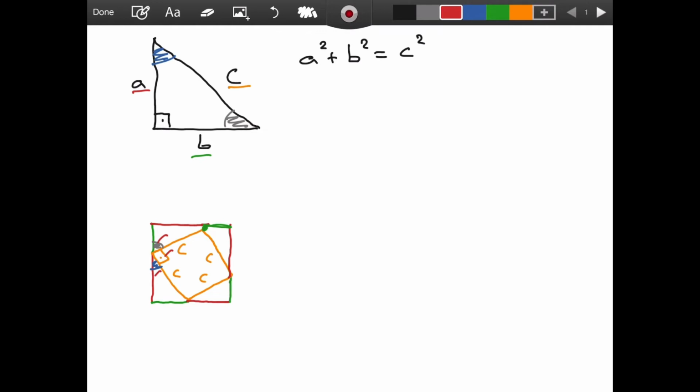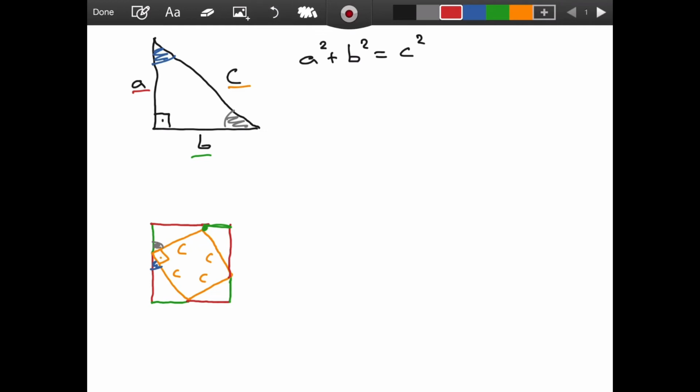If two of them add to 90 degrees, then the last one is a 90-degree angle as well. So we have a shape that has all four of its interior angles equal to 90 degrees. It could be a rectangle, and it is a rectangle, but it is a special kind of rectangle. It is a square because all the sides are equal, and we know all of them are equal because that's how we organized it. We drew our shapes so that all the